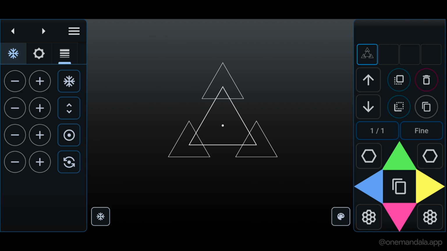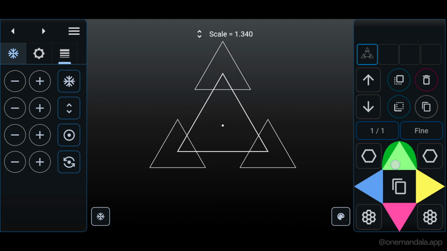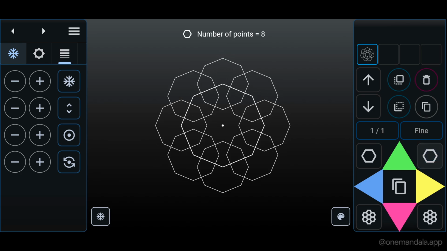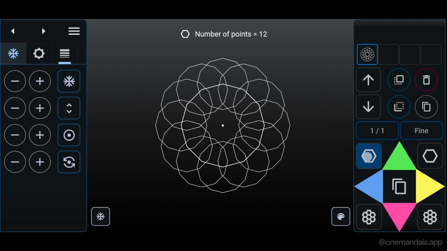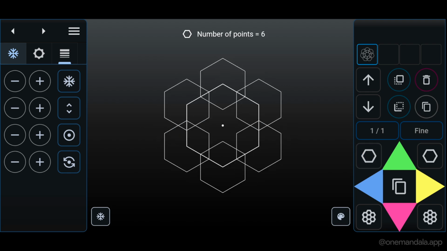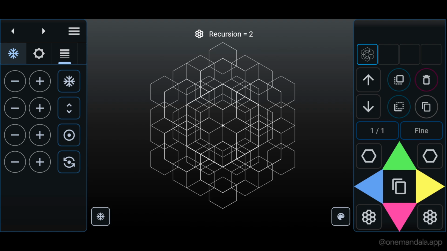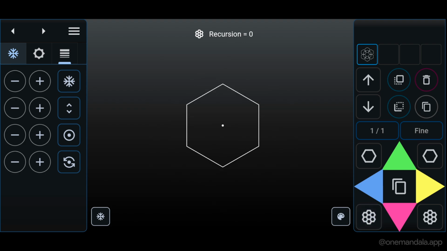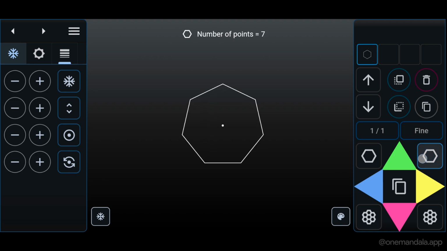On the bottom right you can see the 4-colored compass controller with the 4 leaves in 4 directions and the icons around it. With the compass controller you can adjust the most commonly adjusted parameters like scaling the layer, increasing the number of points, decreasing the number of points, increasing recursion, which means how the layer expands itself recursively around itself, decreasing the recursion depth. With a recursion of 0 we only have the base layer.